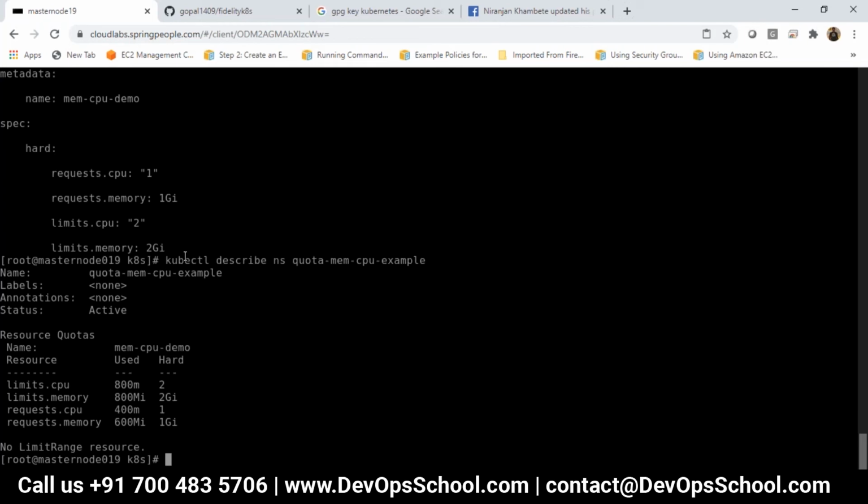Just give the command kubectl describe namespace and compare with pod one. That's why it is not deployed. How much we have already used? 800. 600 plus 700 is greater than 1 gigabyte now.